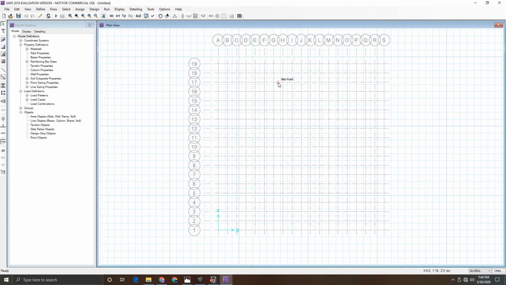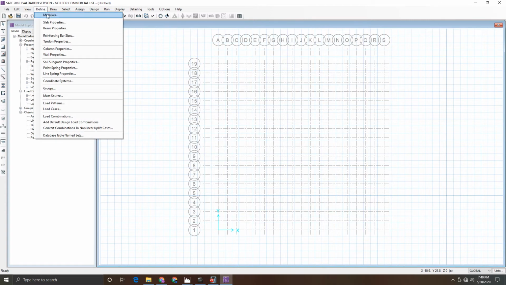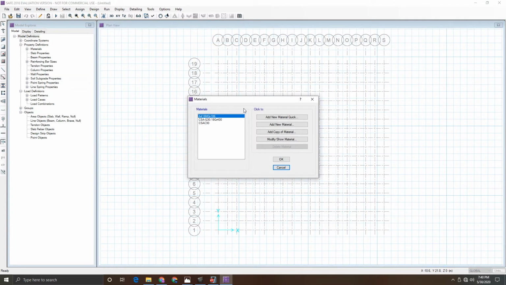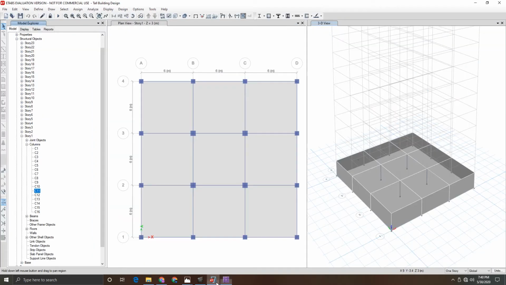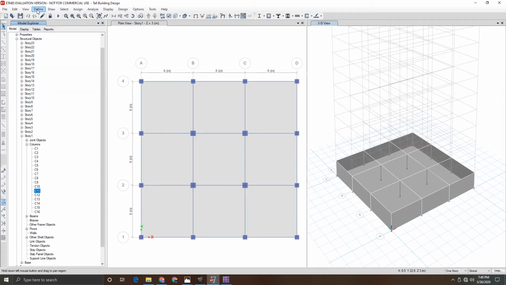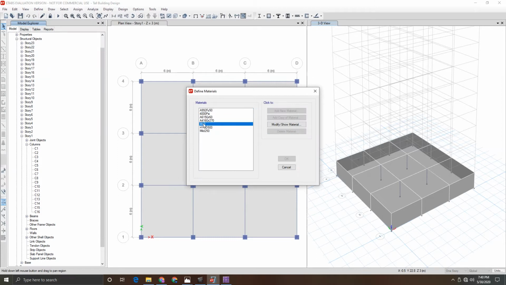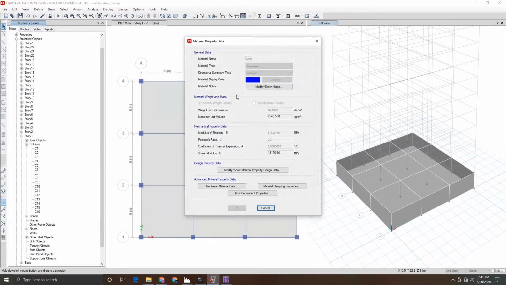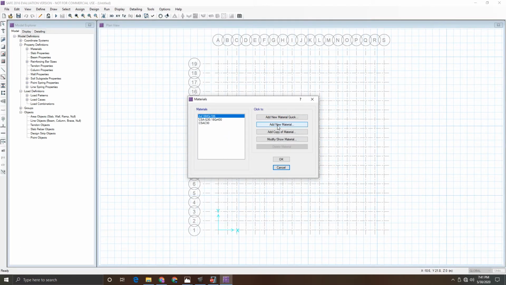Now we have to define the materials. So first we are defining M40 grade concrete. You can see the properties of M40 grade concrete. In ETABS, go to define material properties. In M40 material, select modify show material. You have to put the details in SAFE software. Okay, so weight per unit volume is 25 kN per meter cube. Okay. Click add new